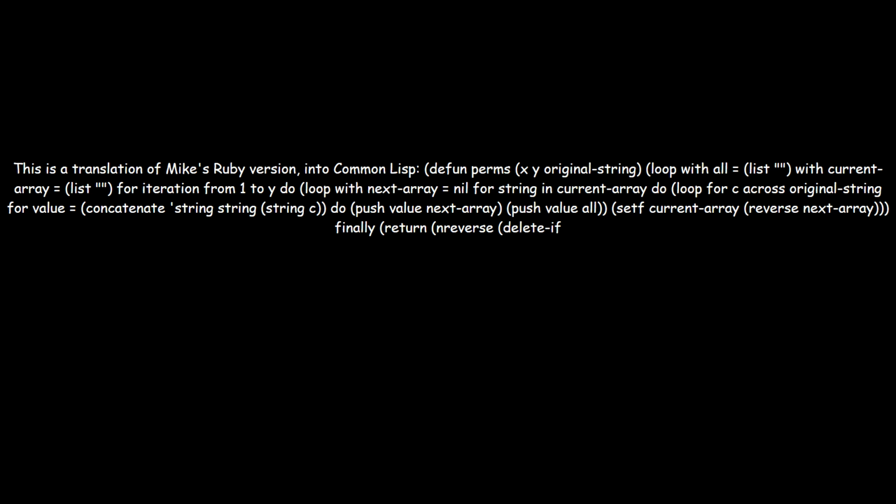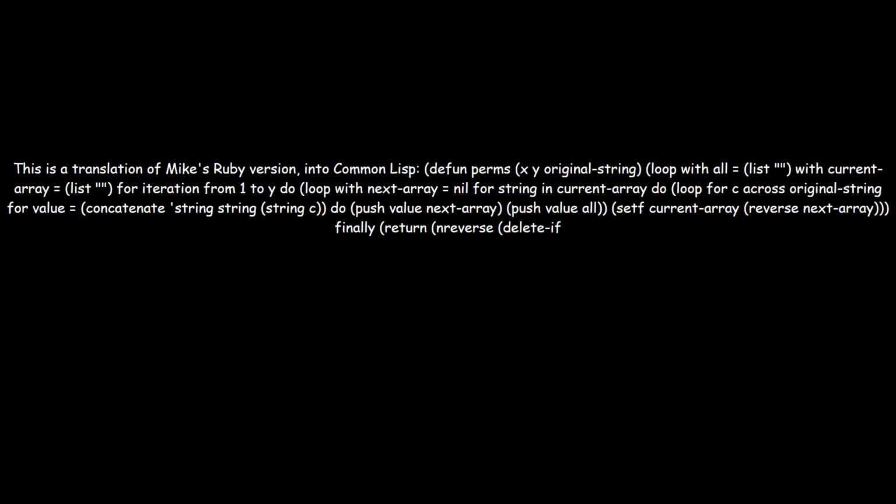This is a translation of Mike's Ruby version into Common Lisp. (defun perms (x y original-string) (loop with all = (list "") with current-array = (list "") for iteration from 1 to y do (loop with next-array = nil for string in current-array do (loop for c across original-string for value = (concatenate 'string string (string c)) do (push value next-array) (push value all)) (setf current-array (reverse next-array))) finally (return (nreverse (delete-if (lambda (l) (< (length l) x)) all)))))